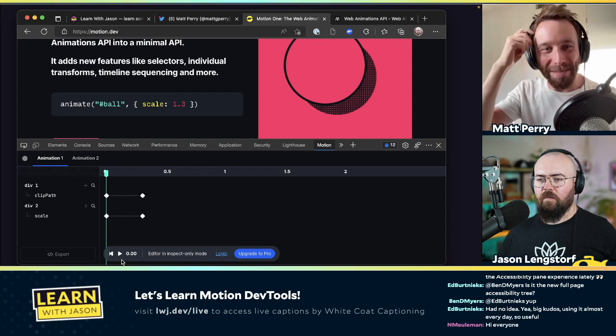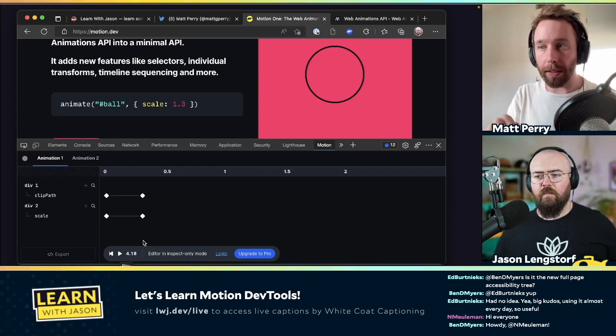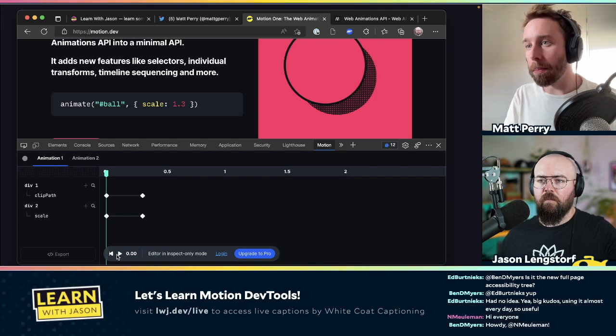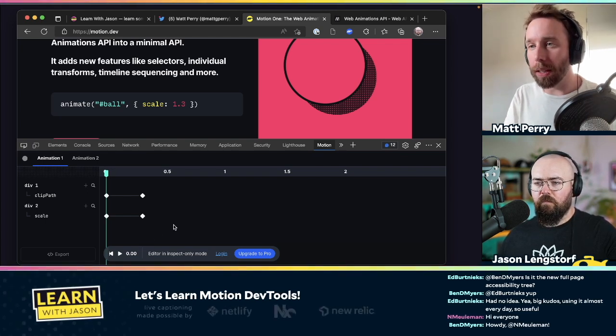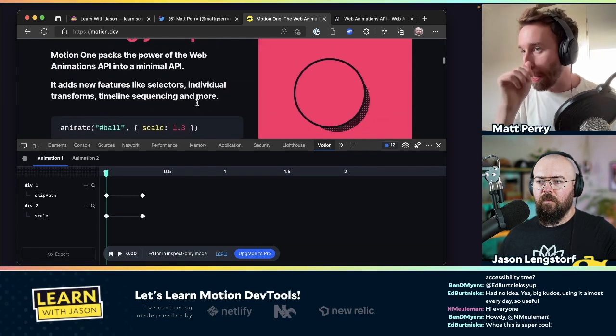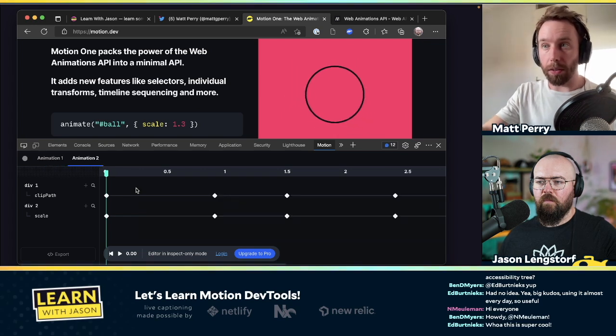Usually there's a repeat icon. I wonder what I've done there. But anyway, you can play, you can pause, you can skip back to the beginning. But you can also, if you click on these little magnifying glasses by their names, you can go directly to the element that you're